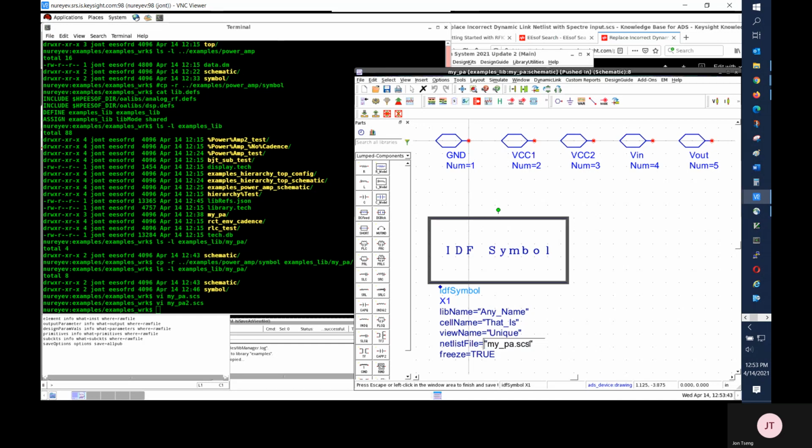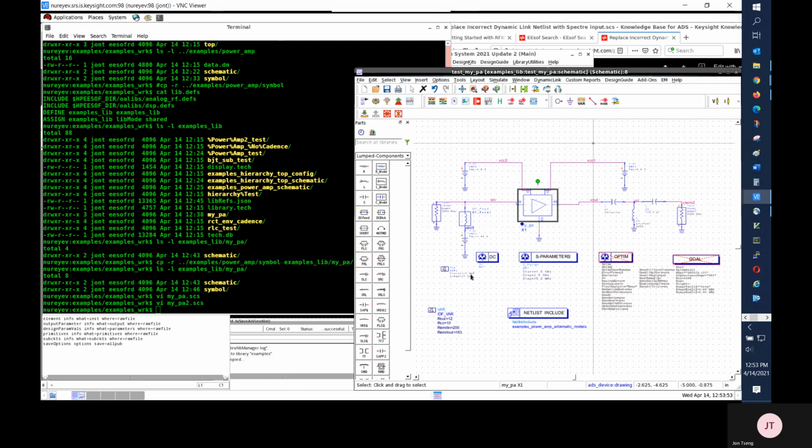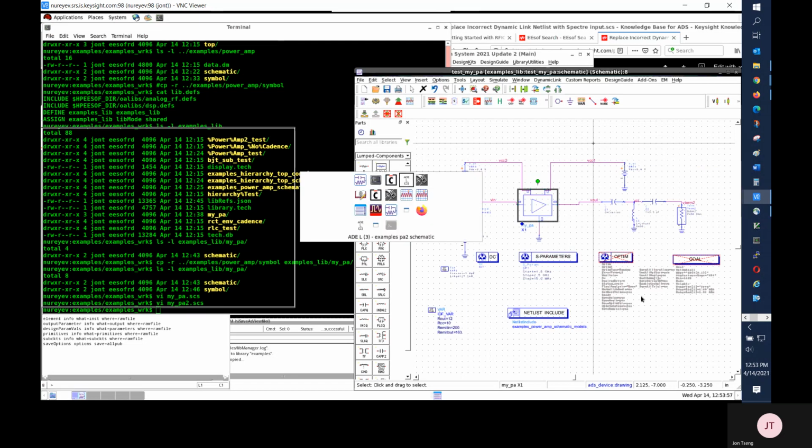I will use this new netlist file in the schematic. So I'll use my pa2.scs, save the schematic, and pop back up to the top level and run a simulation again.